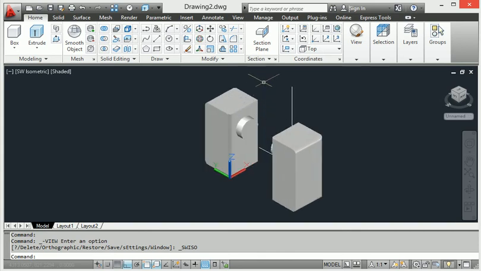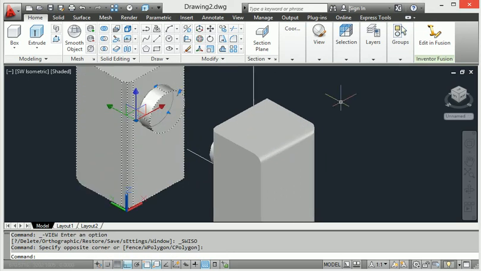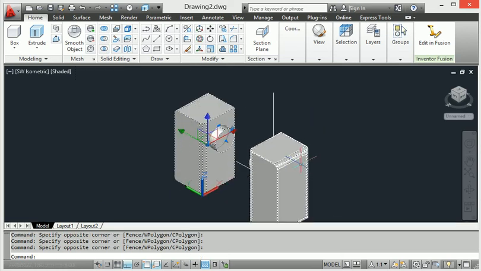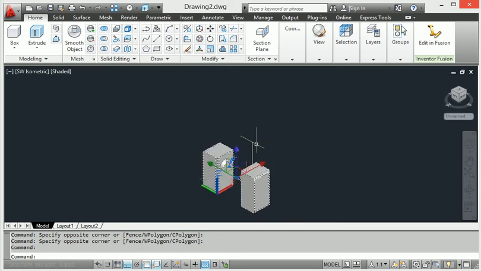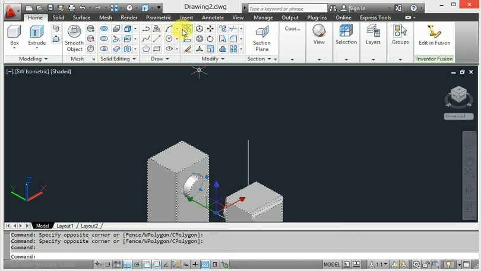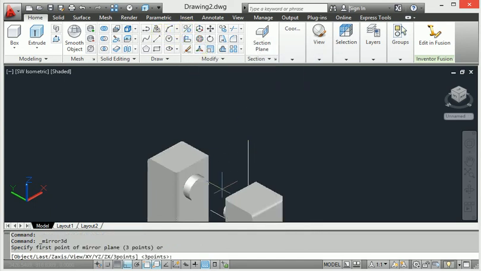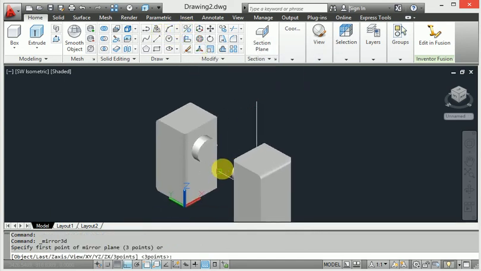Again I will select this component, and I also want to select this component and this one. So with both selected here, go to mirror and select the 3 points.